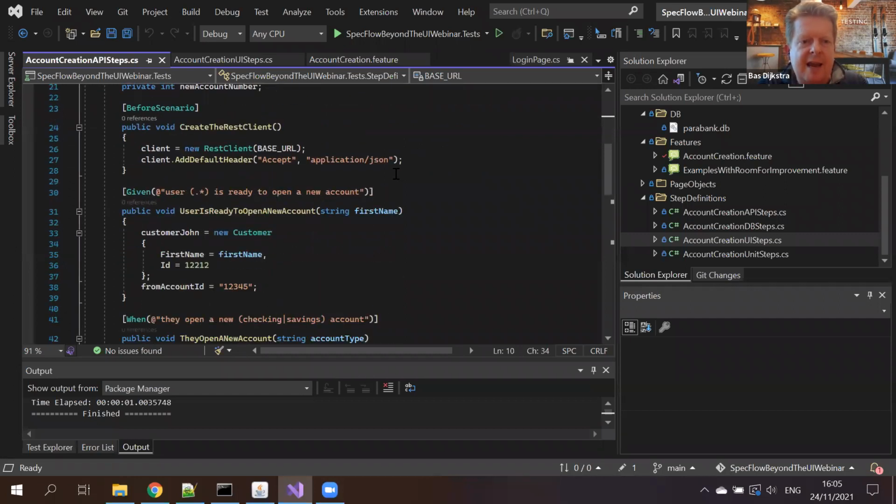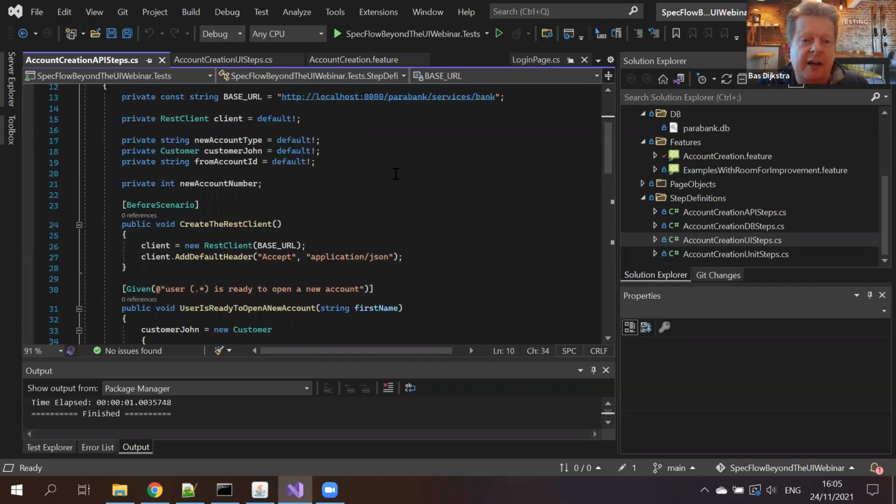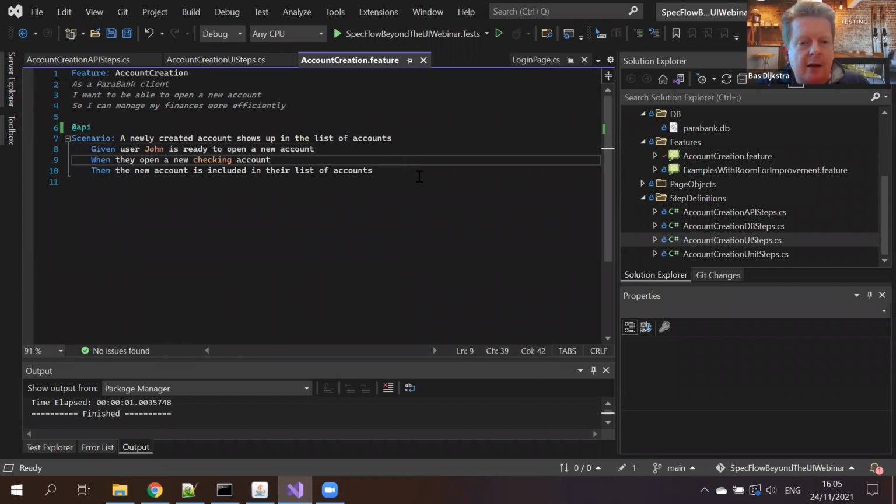So this API step definition class, again, it's meant to verify the exact same behavior, but now using the application's REST API instead of using the graphical user interface. The scenario itself, again, because it's independent of the interface that we're using, remains the same. So there's no change in the scenario, which also means that if at some point